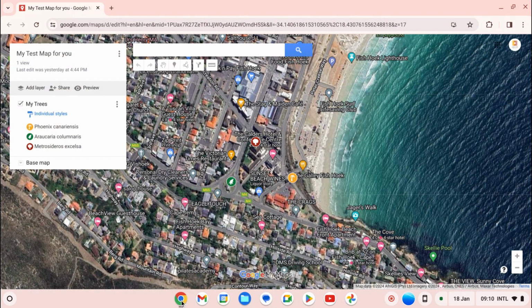So this is the map I spent 20 minutes making yesterday. It's got 3 kinds of trees, and I called it My Test Map for You. However, I can't use it because I want to show you how to make your own map. So if I can remember how to do that, the first thing you need to do is open yourself a new tab,